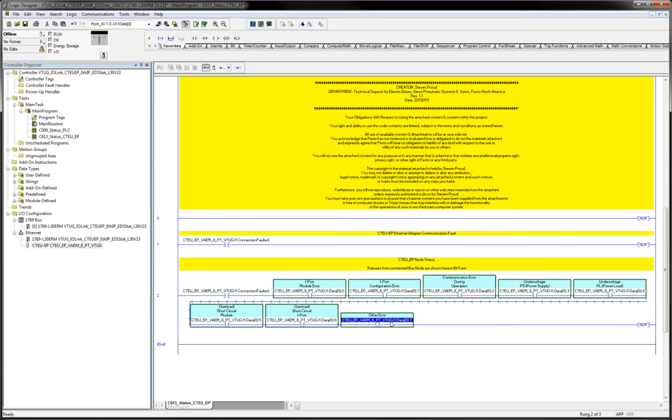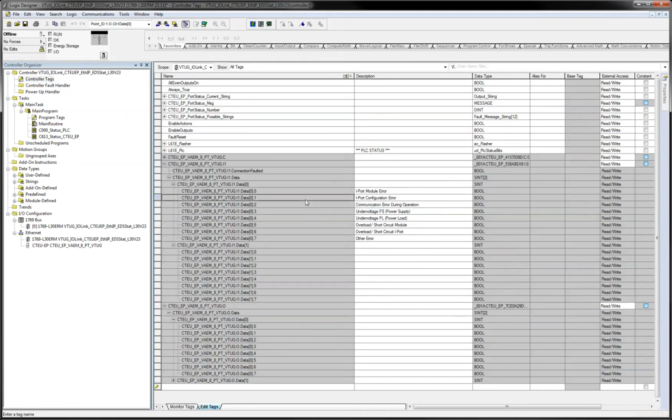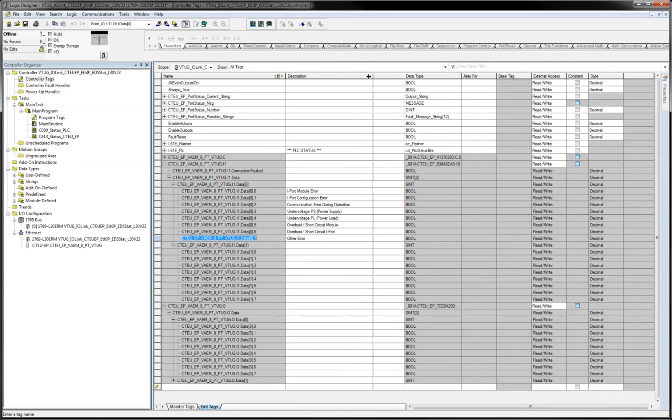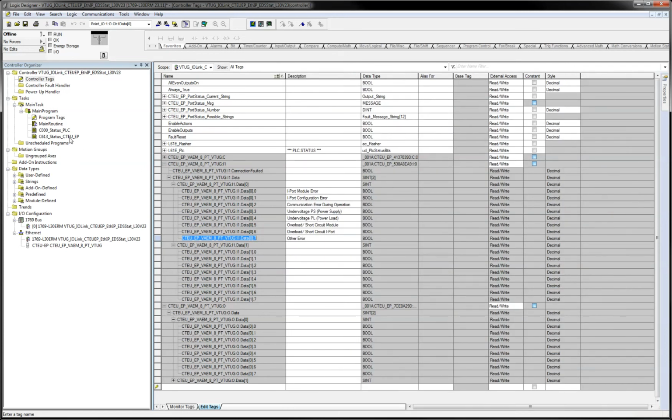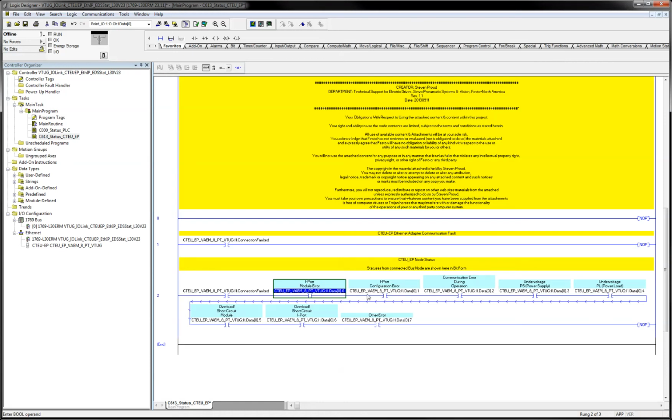These 8 bits are the bits that we just looked at here. That's the status bits, so these will also tell you, the user, and you can use them however you like, that there are some issues. Gives you status of the valve terminal. And then,